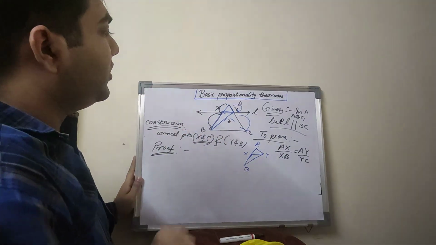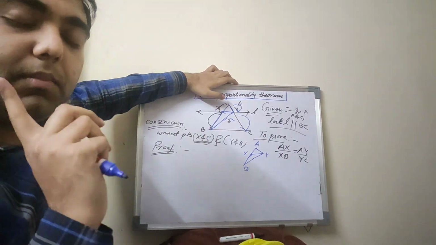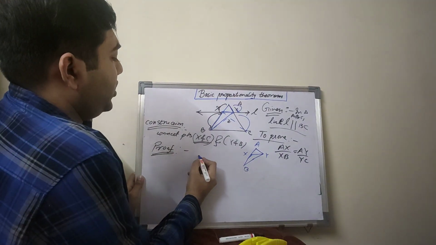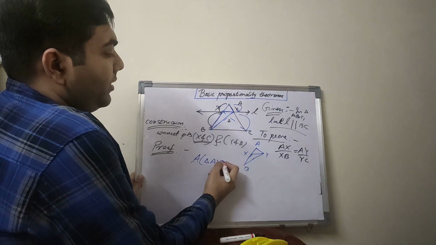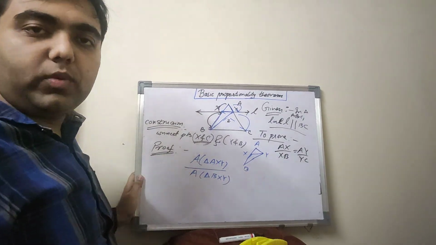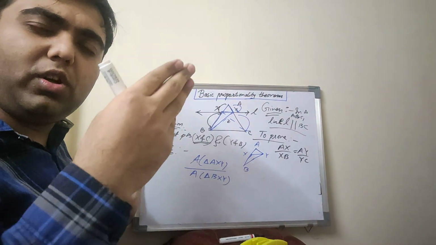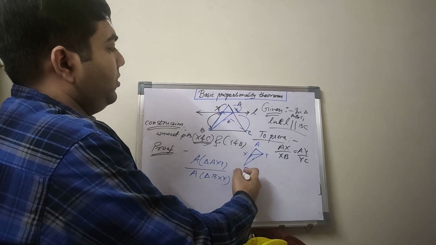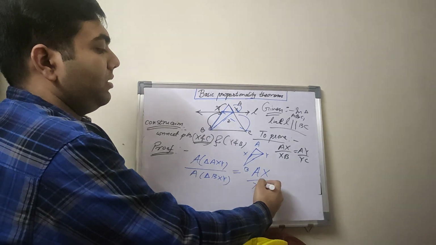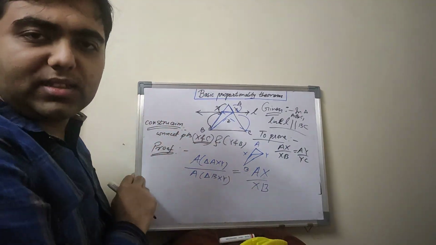So you see, we have the first case over here with these two triangles: different bases but the same height, common height. So I can write the ratio of the area of triangle AXY upon area of triangle BXY. What's going to be? If they both have the common height, then the ratio is nothing but the ratio of their bases. So the bases are AX and XB. So the ratio of the areas of triangles AXY and BXY is AX upon XB.